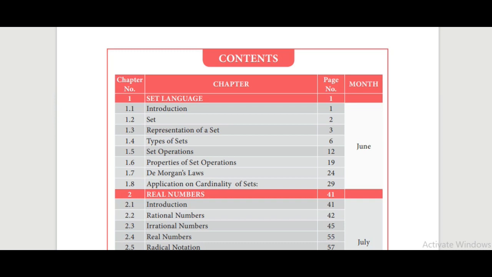Look at this content page. In this page, 1.1, 1.2, 1.3, 1.4. So from 1.1 to 1.4 we have totally 4 sections. So today we are going to revise up to Exercise 1.1. The remaining portions we can continue in the next class.